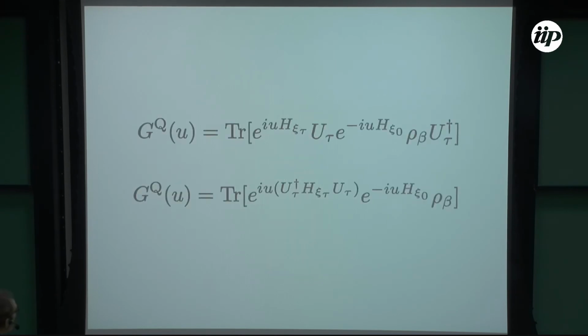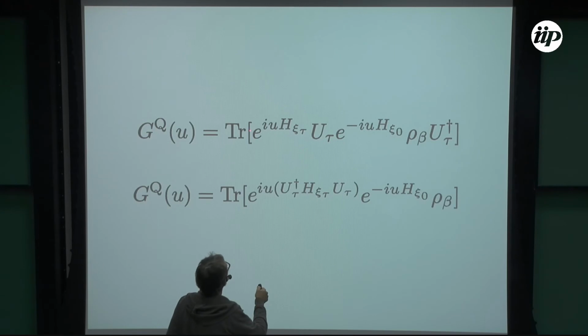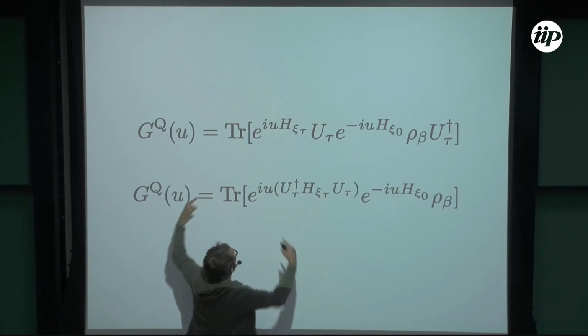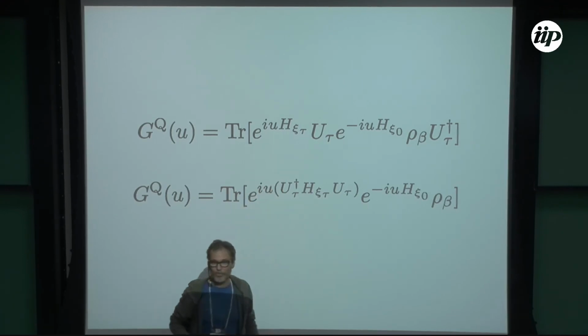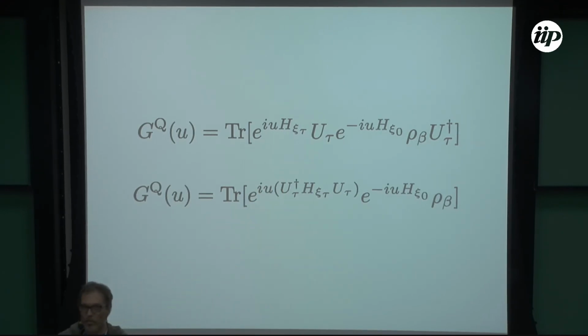This is the trick. This is the generic characteristic function for the probability of work, okay? You have the operators, okay? And it's very simple. Well, for the properties of the trace, I put this evolution operator here, okay? And it's very simple to show that I can put down the evolution operator here, okay? This is very simple. It's one line you can show, okay? So if you look at this